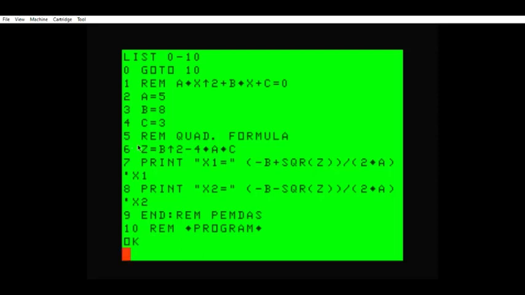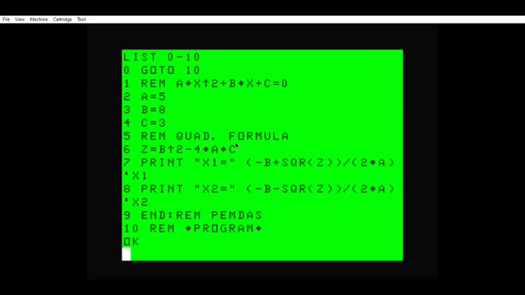So you define z first as the part of the quadratic formula that's under the square root. So you define that part as z, and again it would be b squared minus 4